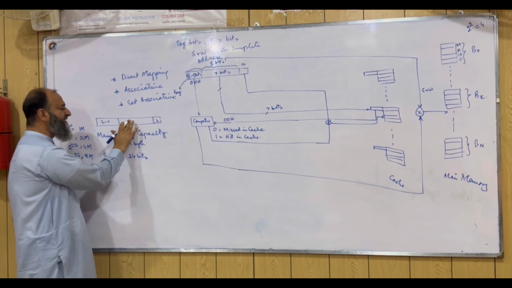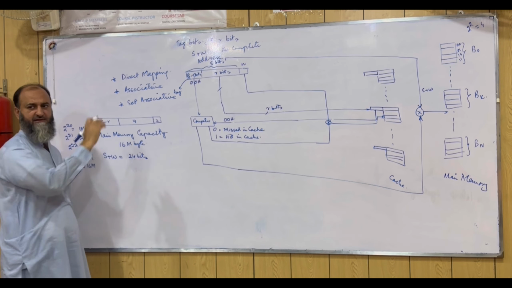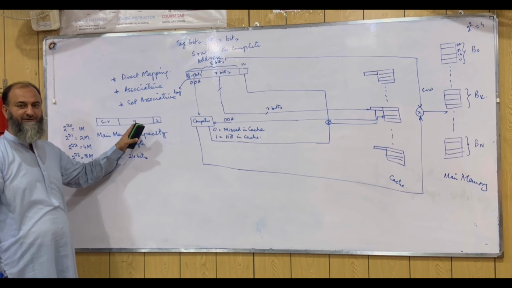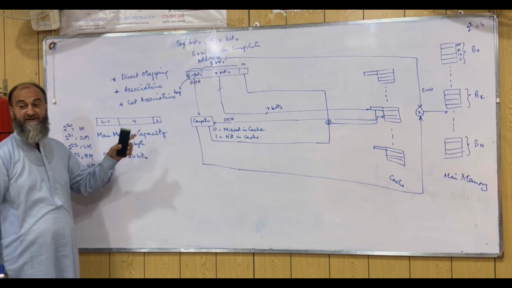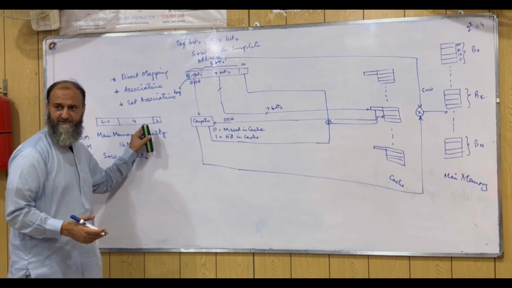For instance, we stated that R is 14. चलिए मिसाल के तौर पे 14 bits. So if it is 14, what does that 14 identify? ये 14 क्या identify कर रहा है? It will identify the number of the lines within the cache memory. So समझ आ रही है इसको? Because it is said to be the line bits.